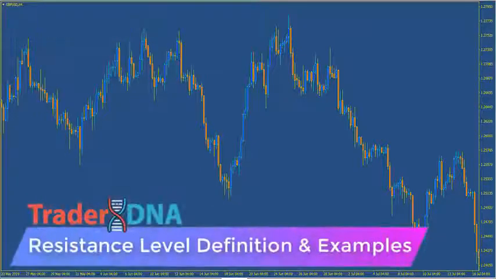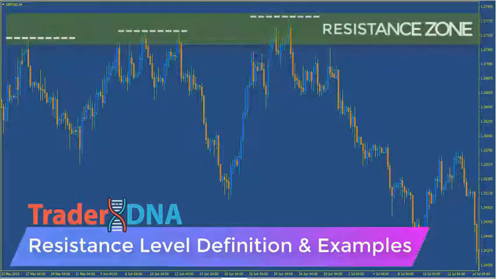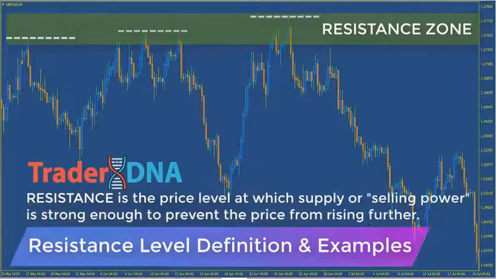Resistance level definition and examples. Think of resistance as the ceiling. The area where the price has difficulty rising above. This is the area where sellers come into a rising trend, causing the upward trend to pause as supply increases. In theory, resistance is the price level at which supply or selling power is strong enough to prevent the price